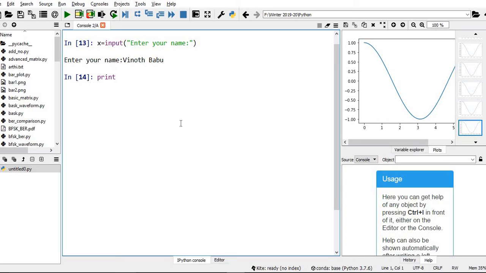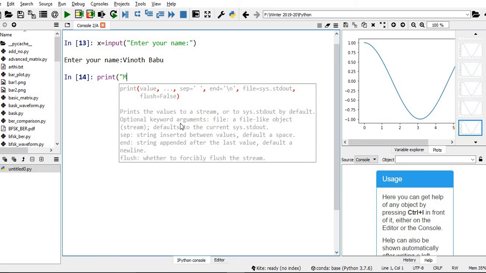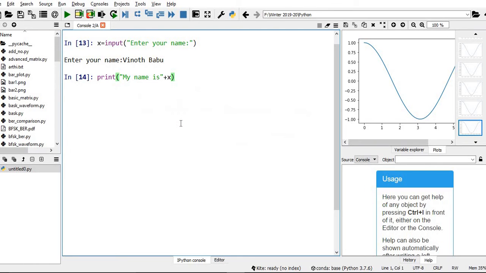Now I am just printing "my name is", then plus x. Let me not introduce the space, and we will see what will happen. See, without space, "my name is" followed by Vinod Babu is coming.